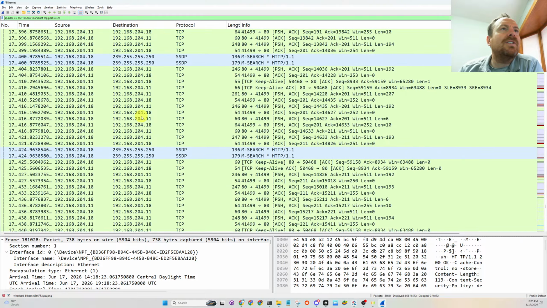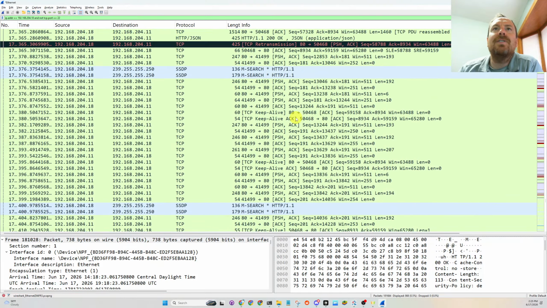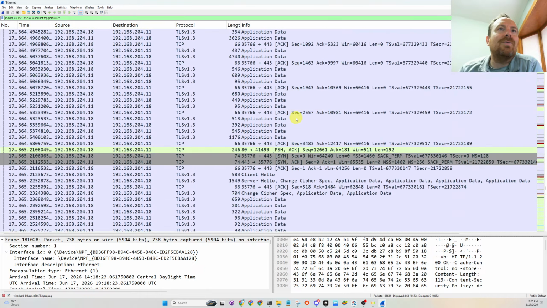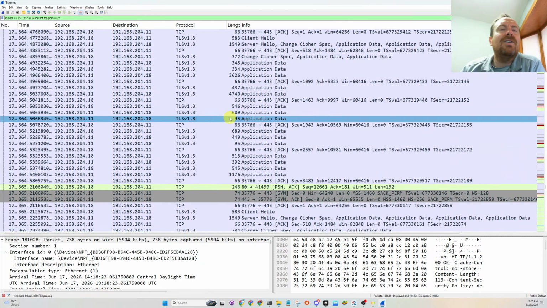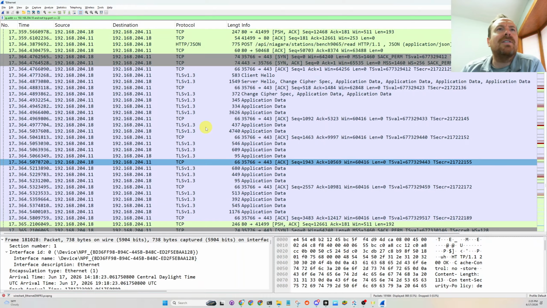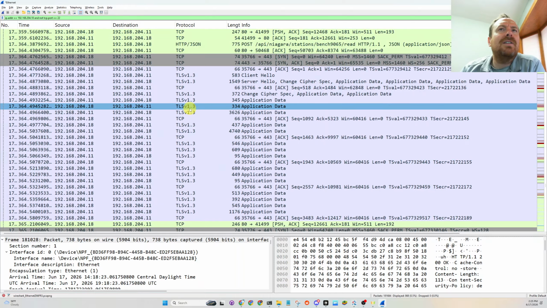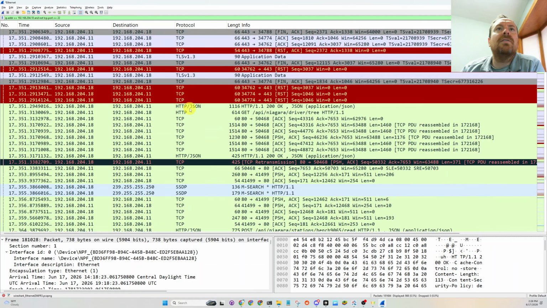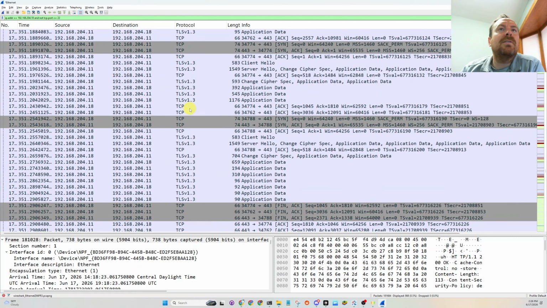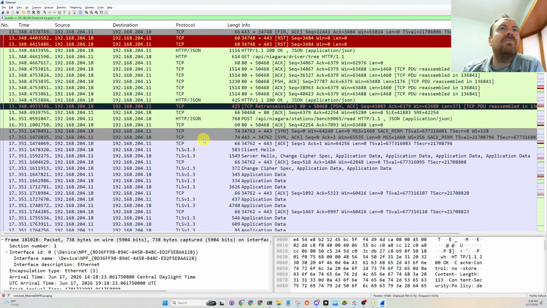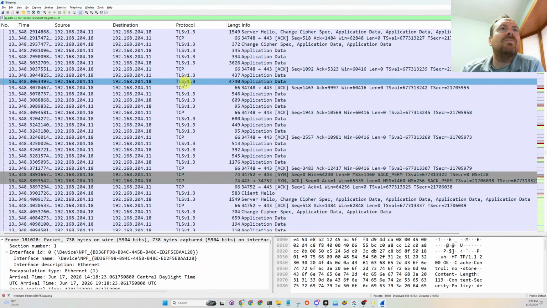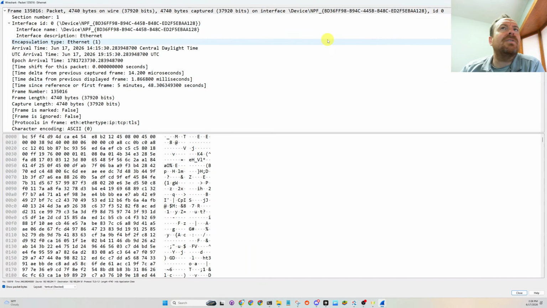Maybe it would be fun just to see what a value of temperature sensor over WebSockets would look like. Ooh, actually, I think it's supposed to look like this. TLS. Client hello, server hello. Not using TLS though, so